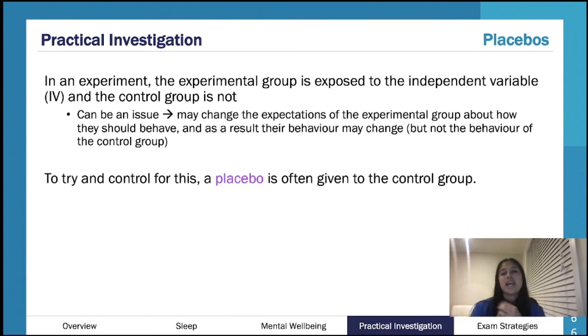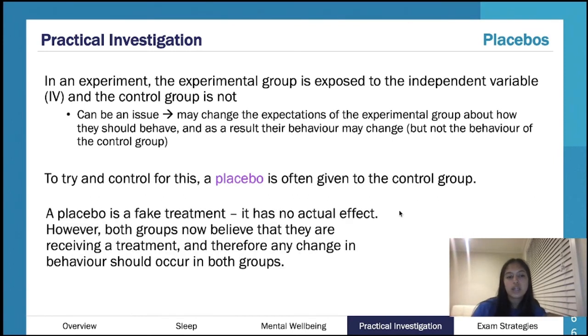Now both of these groups think that they're taking something, so they don't know if they are or if they're not. The people in the control group are taking a pill, but they're thinking, this may be the sugar pill, it may not. Whatever effects are due to their expectations of taking a tablet, both groups are now experiencing that. So it's not an issue, and it just cancels each other out, if that makes sense. Okay.